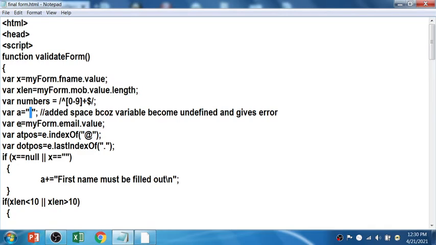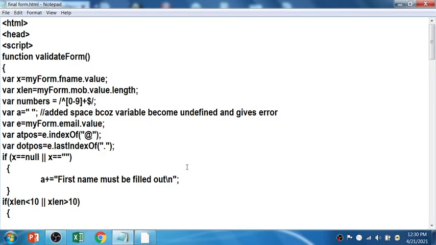Then the e variable stores the value of the email address, so my form email and the value. Then the variables at pos and dot pos are for the email address. Email address, this at position and dot position I'll discuss.